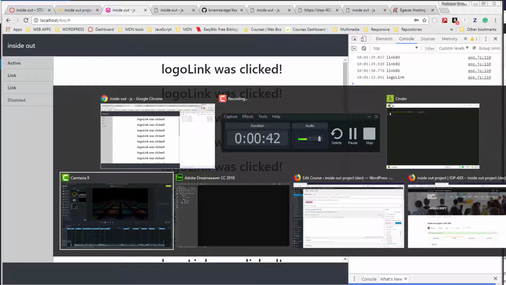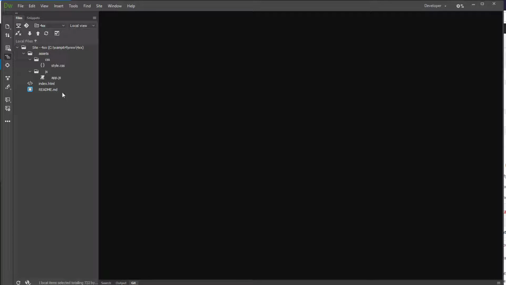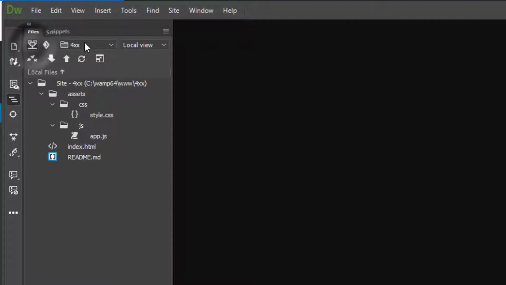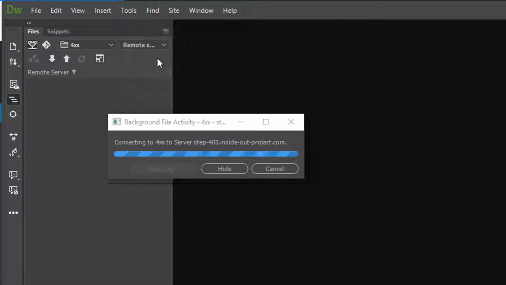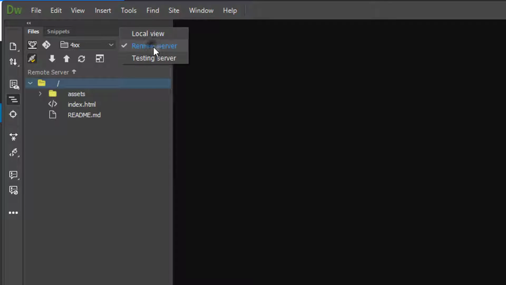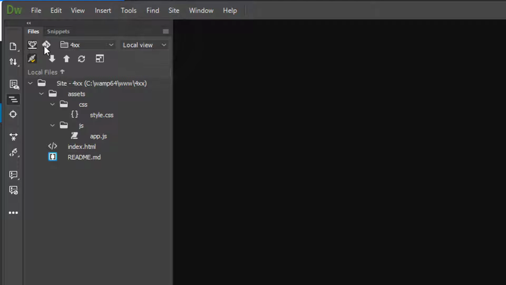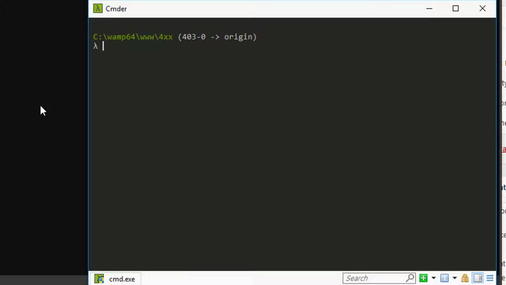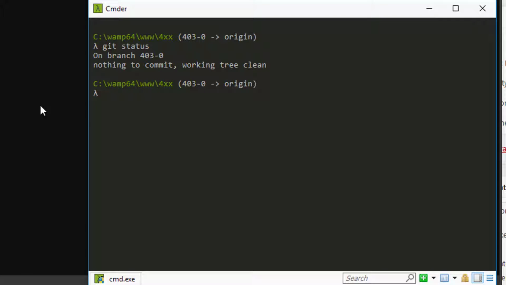So we'll go over to Dreamweaver, take a look in Dreamweaver, make sure that we have our right branch checked out. We do. Let's just make sure we're connecting to our production server. We are. So we'll come back to localhost, take a look in here, and at this point we feel good. We're going to do a git status. Make sure everything is good and clean, which it is, and then we're going to do a git push origin